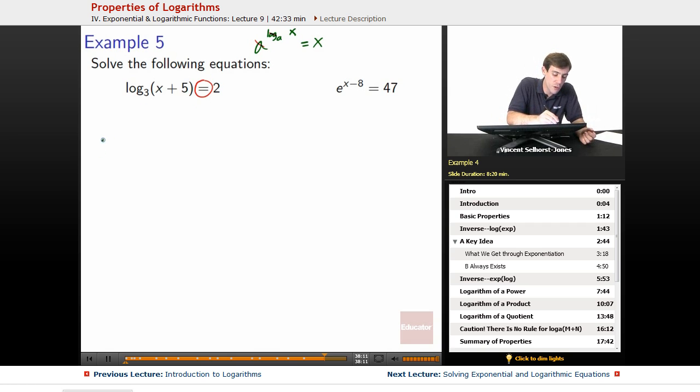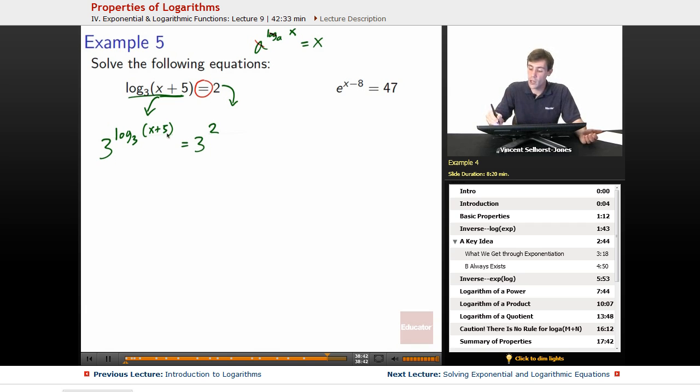So why don't we choose 3 as our a? So 3 to the stuff is equal to 3 to the stuff, as long as it's the same stuff. So let's put 2 over here and log base 3 of x plus 5 over here. So 3 squared and 3 to the log base 3 of x plus 5. So 3 and log 3 wind up canceling out, and x plus 5 just kind